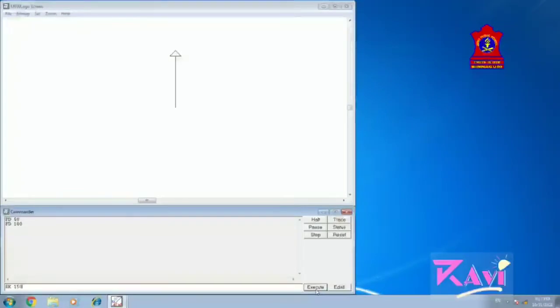I write 150 and press Enter, and my turtle comes back by 150 steps. Now again I am typing BK, backward by 50 steps. Enter. It comes down by 50 steps again.